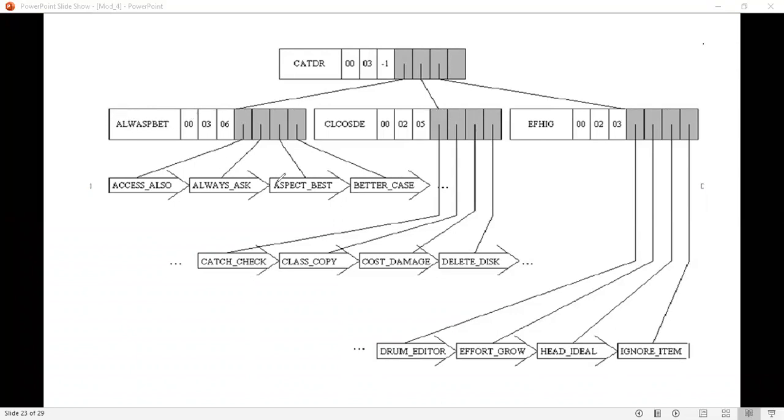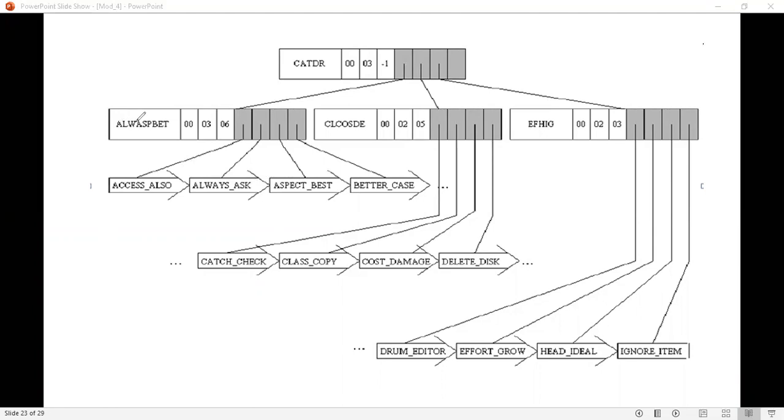And then the next separator is given here, ASP, actually it is ASP. Next separator is ASP. First separator is ALW. I'm sorry, the first separator is ALW, that starts from 0, 0.